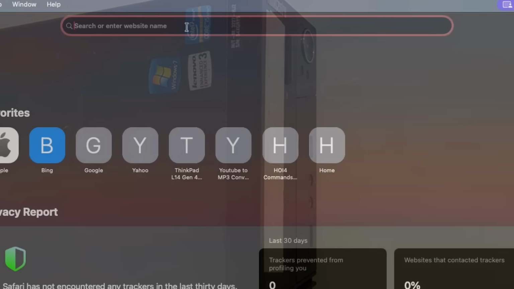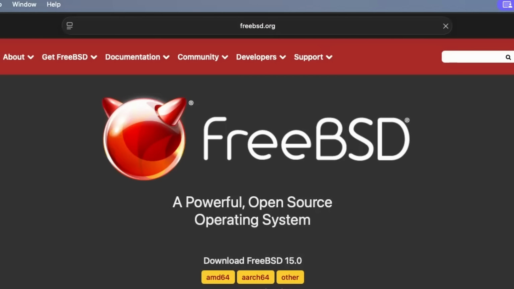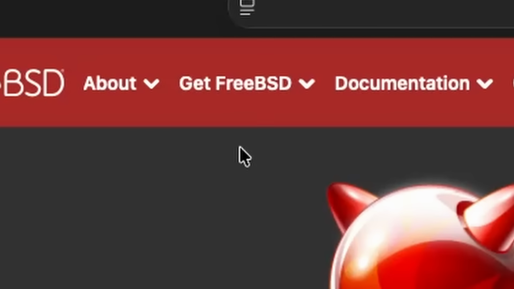Oh, and if you're wondering why there's tape on the front, I removed the DVD drive because it was loud and took a lot of space inside, and the tape is just so dust can't get in. The first step is to get FreeBSD. So I made my way over to the FreeBSD website, freebsd.org, clicked on Get FreeBSD, then AMD64, and